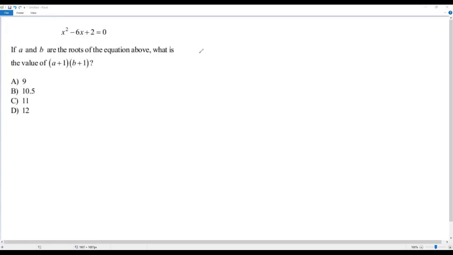Here we have a SAT math problem. Okay, let's go to the question. x² − 6x + 2 = 0. If a and b are the roots of the equation above, what is the value of (a + 1)(b + 1)? Okay, here we have a quadratic equation and the question says a and b are the